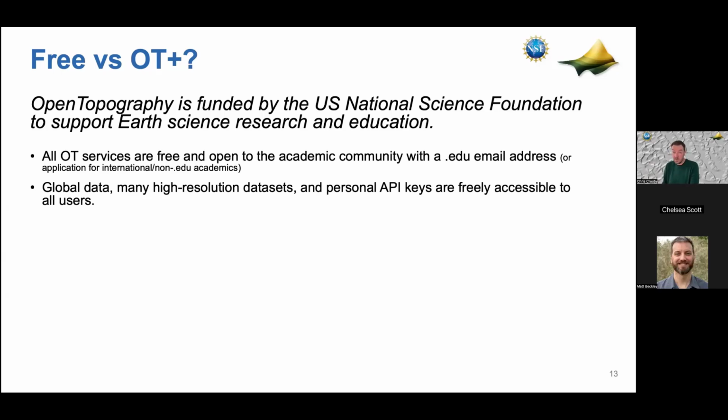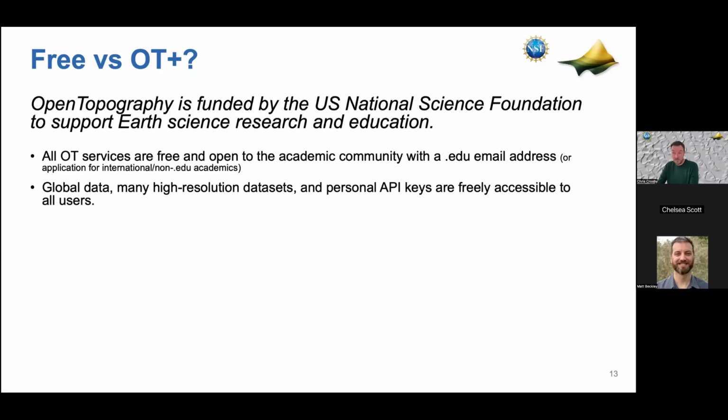Coming back, just a reminder that OpenTopography is fundamentally funded by the U.S. National Science Foundation in support of earth science research and education. The National Science Foundation has paid over the last 15 plus years to build this infrastructure, primarily because it helps scientists do various kinds of research, whether that's natural hazards, climate, ecology, etc. As OpenTopography has grown and the user community has gotten bigger, there's become a tension between the number of total users of the system and the amount of resources available to support things like running on-demand geospatial computations on data sets.